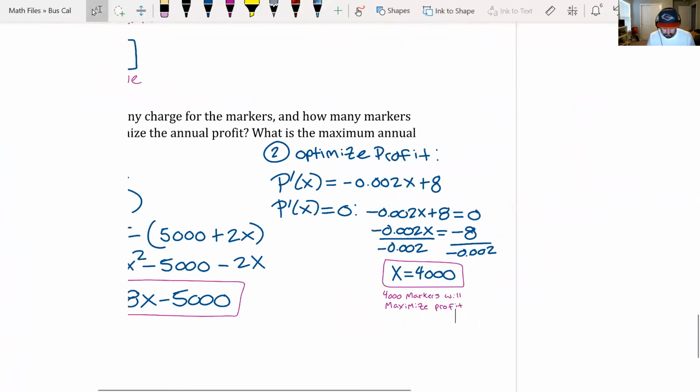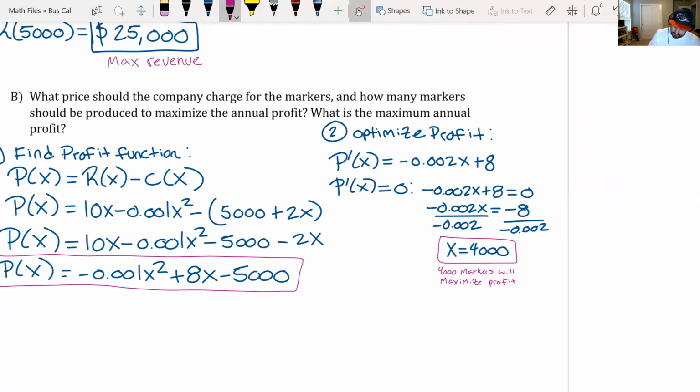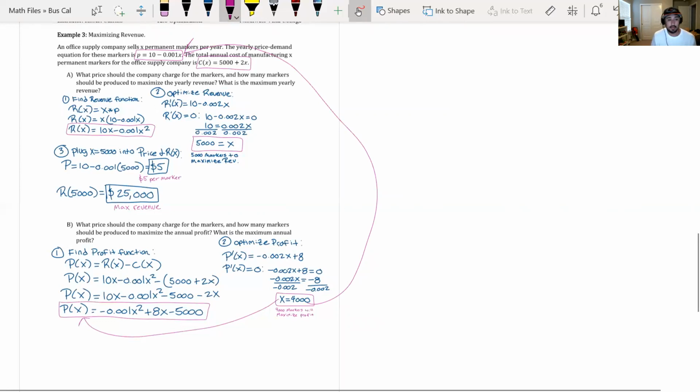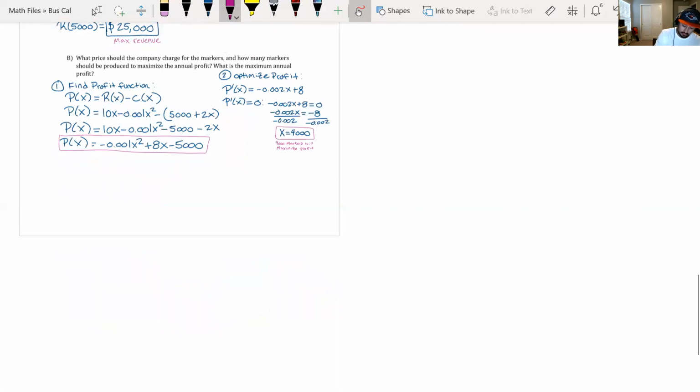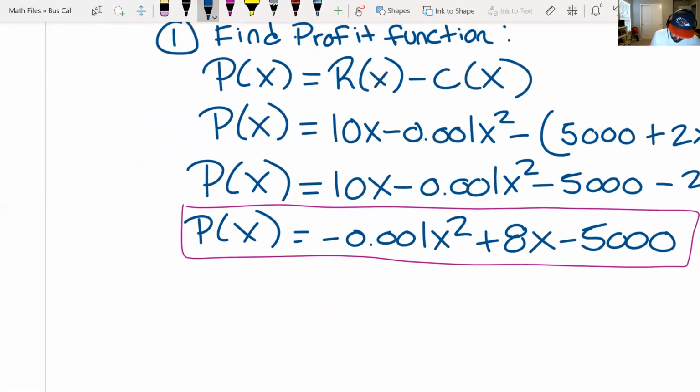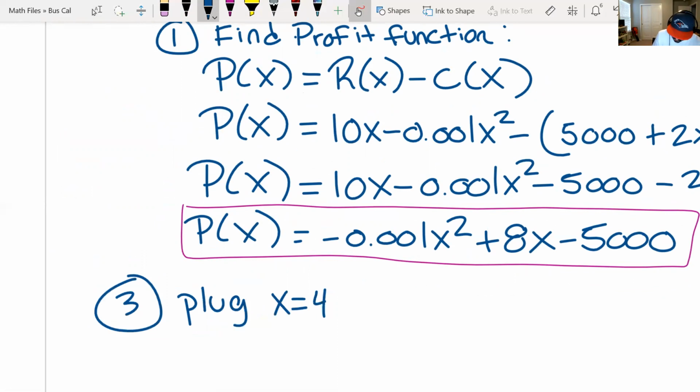Okay, and we're near the end. To answer the last question, take this 4,000, plug it into the profit function, and plug it into the price equation again. So take this 4,000 and plug it back into the price equation above, 10 minus 0.001x. Okay. So that's step 3. Plug x equals 4,000 into price